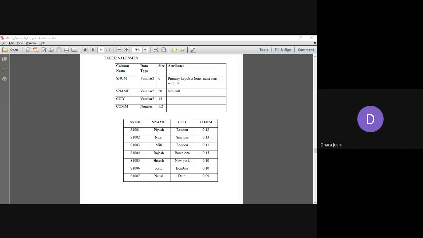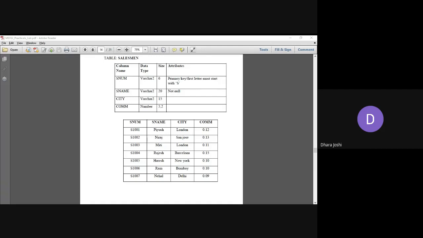After this salesman table, I'm giving you some time. After that, I'm asking anyone to share the screen, and you need to write select star from salesman. So I'm able to view all these records which you have inserted, like Piyush, Neeraj, Miti, Ram, Nehal. All these records I want to view on your screen. So, okay, start executing practical number 5. And if you are facing any kind of error, write in the chat box, so we'll solve it.